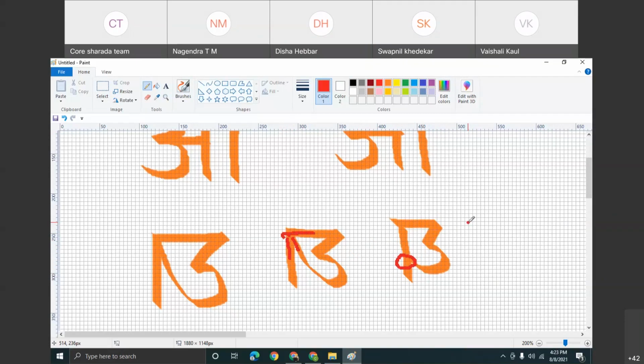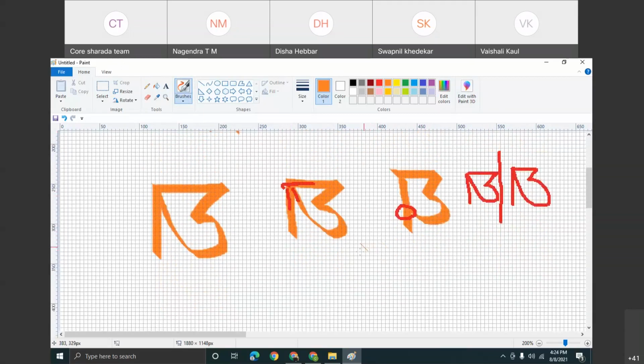So if I have to draw with a pen, this is how it is. And another point, this belly should not cross this particular axis here. You see this axis here? Belly should be within that. You cannot make it something like this. That is not correct. So that is the reason that just write it very, very slowly. It will definitely come. It is very easy to do that.